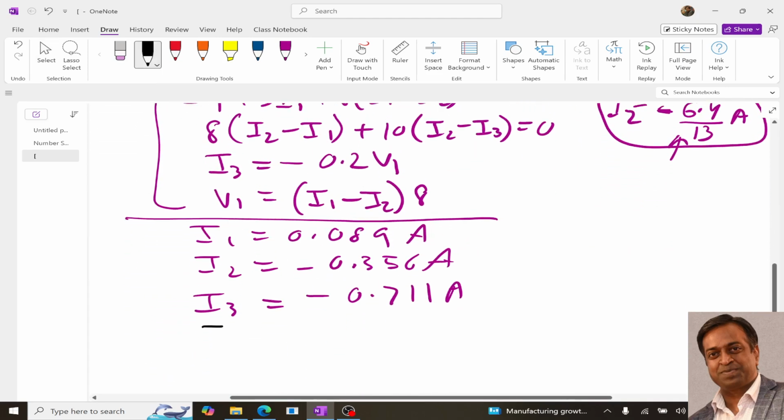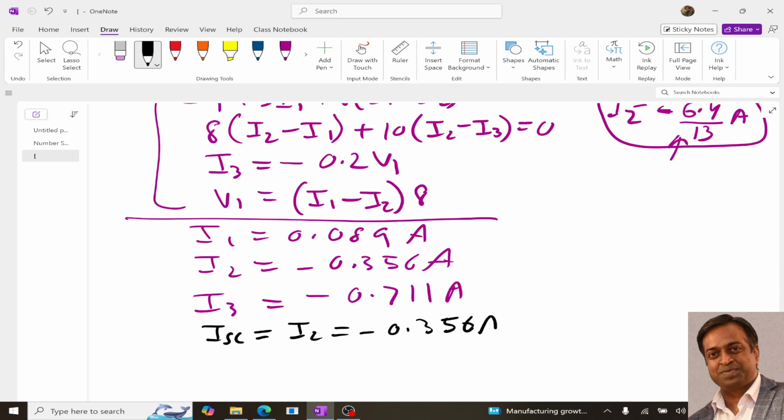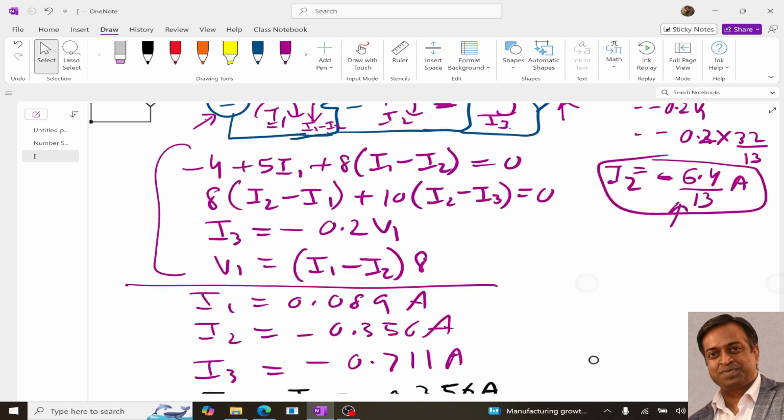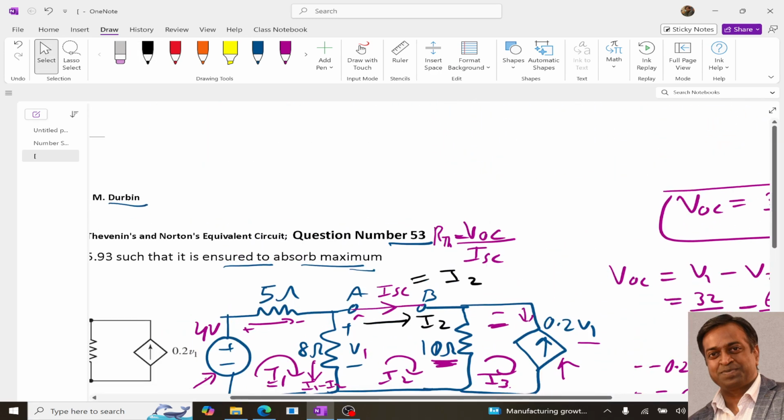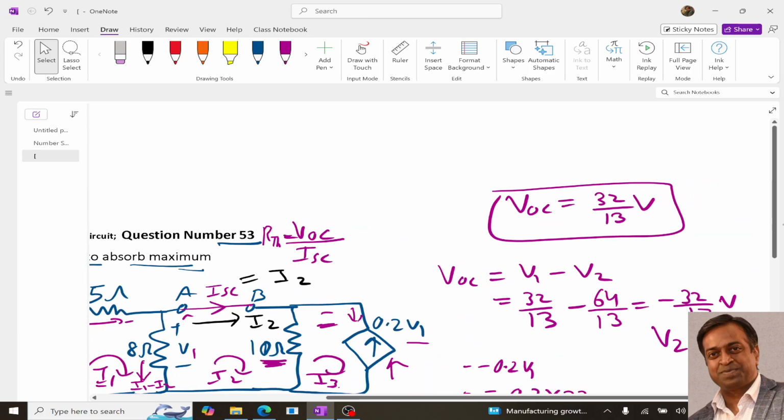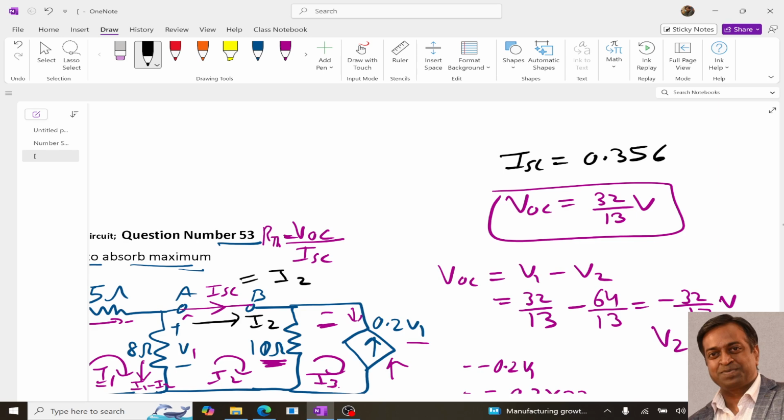So ISC is equal to I2, which is equal to minus 0.356 amperes, right? So ISC is 0.356 ampere. Let me put it over there. ISC 0.356 amperes. Now we know this formula. Substituting the value of this VOC and ISC over here, we get RTH is equal to